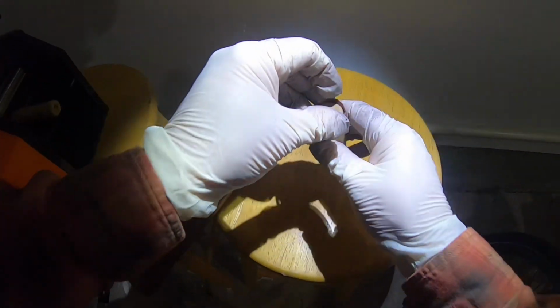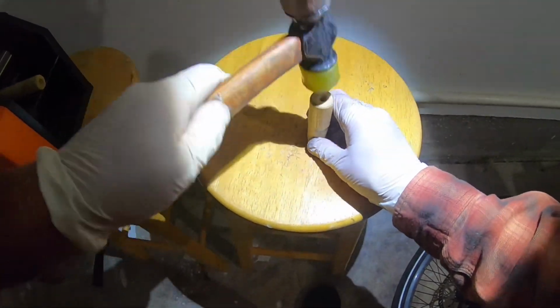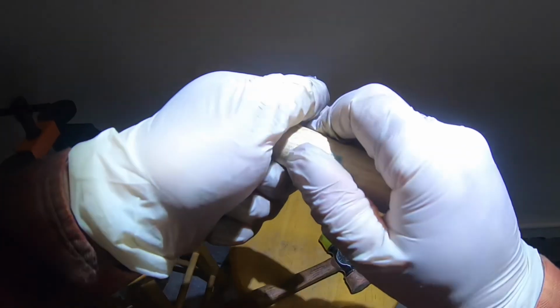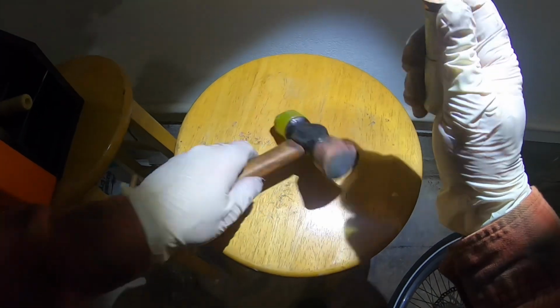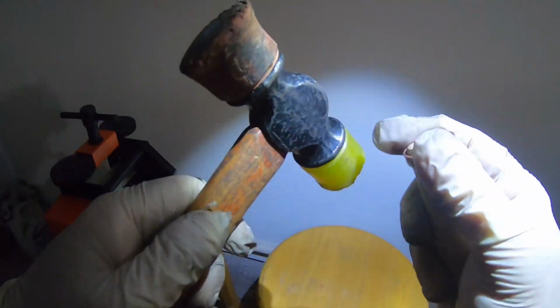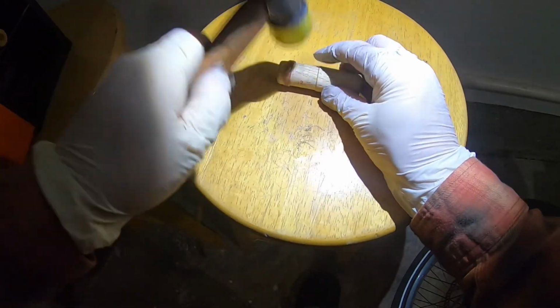And I figure if a guy can do it with the minimal tools, when you get all the proper tools, you should be able to be a dang good at what you do. But we're getting there a little at a time. It just takes time. I've been at this now almost 3 weeks, roughly. I've been in the process of ordering stuff for the last 5.5, 6 weeks, but we're definitely getting closer to